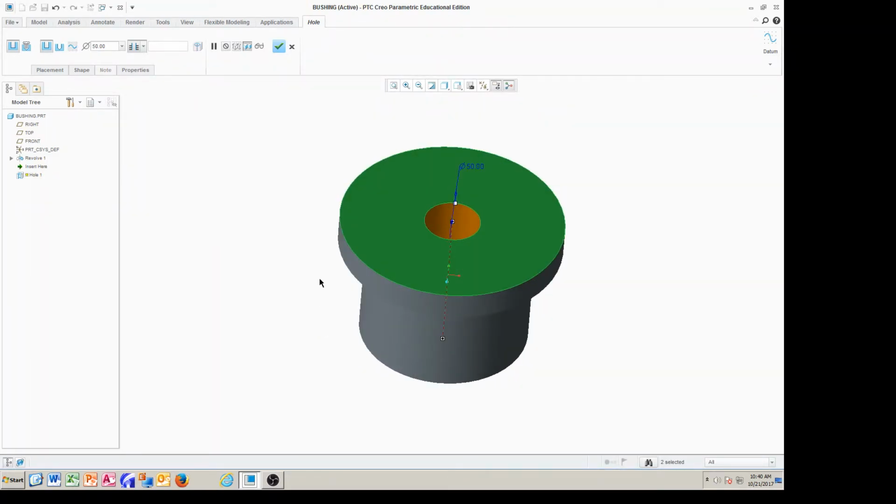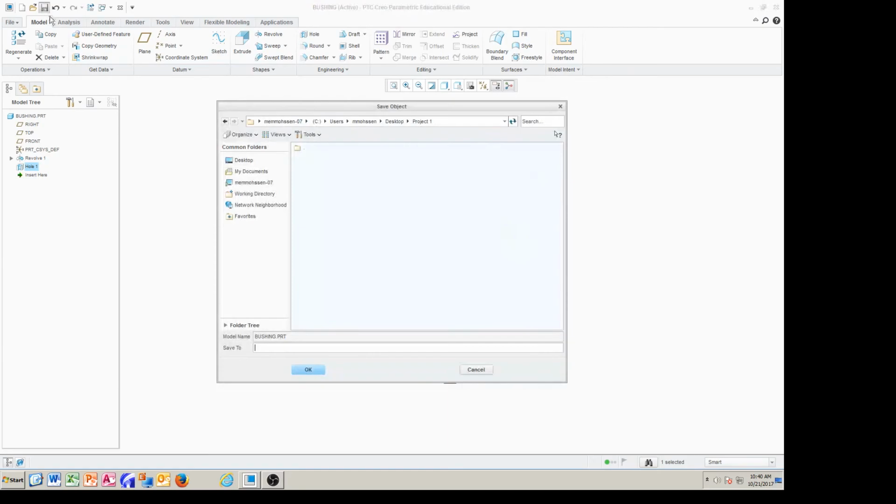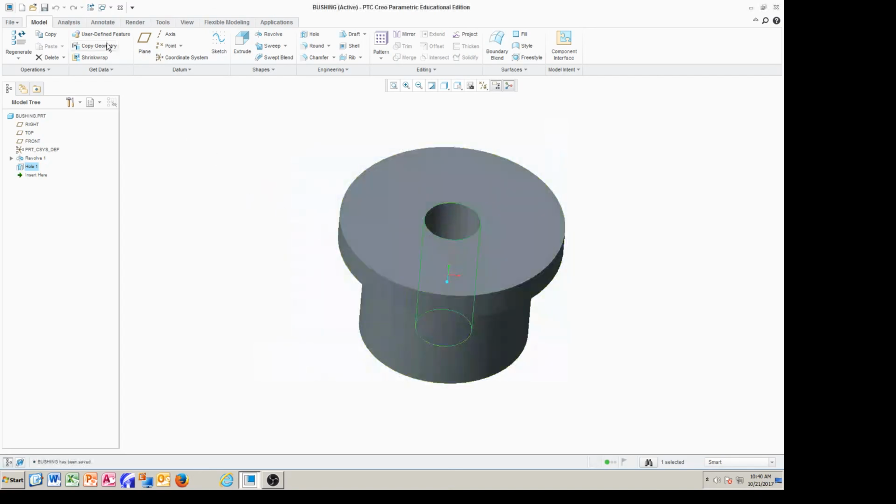All right, I'm done with this one, and I'm going to save it. Okay, check. I'm going to save that in a project. I create a folder called project, and all I have to do is say okay. All right, now I'm going to